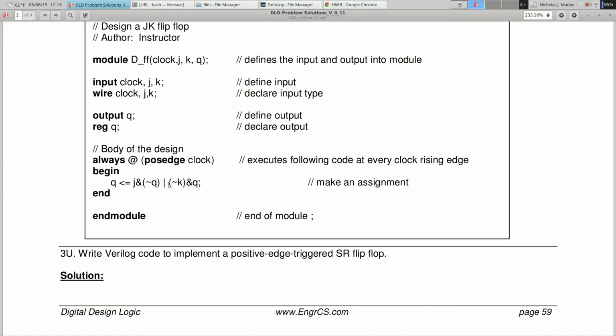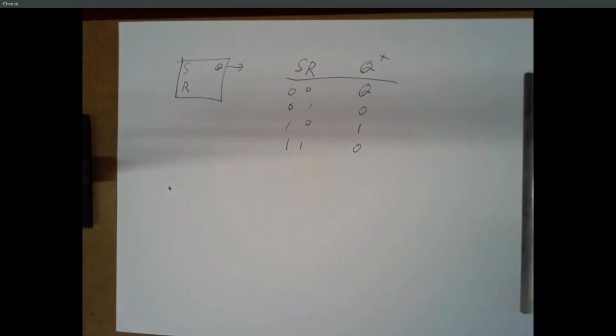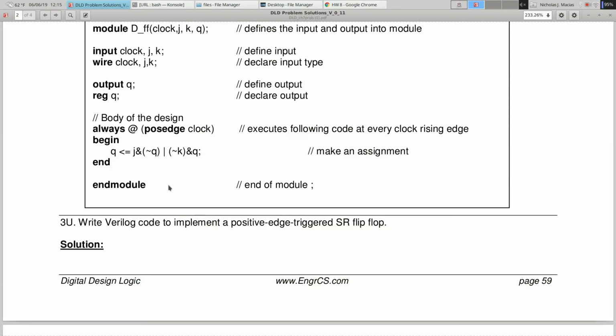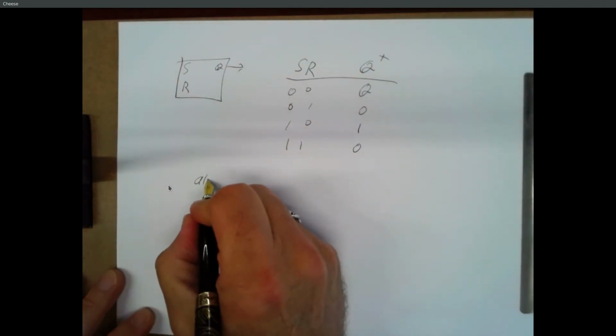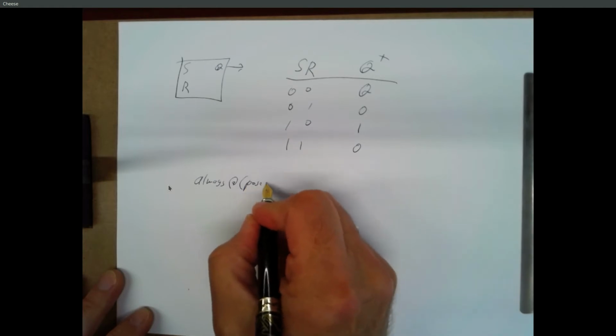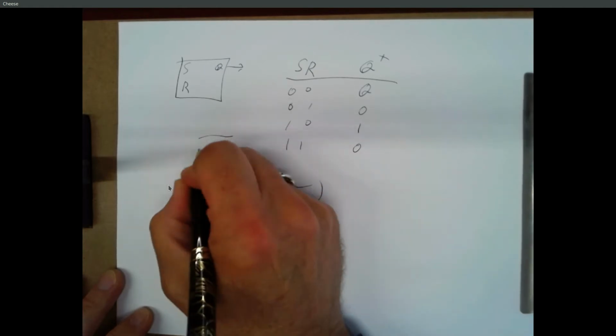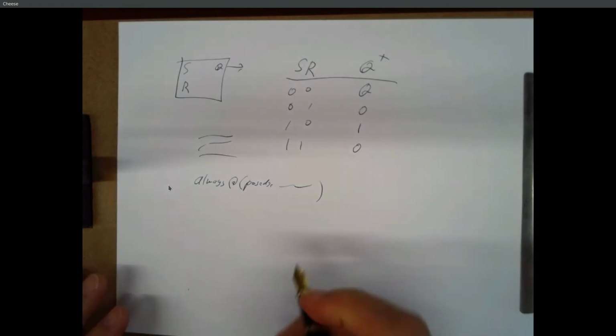So you could get away with saying that's really just an SR. But suppose we wanted to actually do this. And is this negative edge triggered? Positive edge. So you have to use the keyword module, define your inputs, which are S, R and clock, and define your output, which is Q. All that kind of boilerplate stuff goes up in the beginning. But the always block,